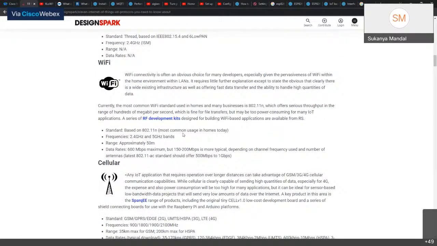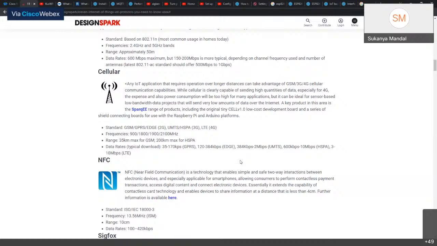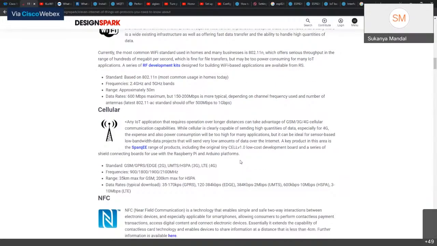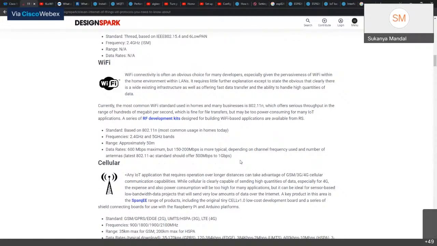Anyway, now coming to the much used Wi-Fi and the cellular networks. Wi-Fi connectivity is often an obvious choice for many developers, especially given the pervasiveness of Wi-Fi within the home environment, within LANs.